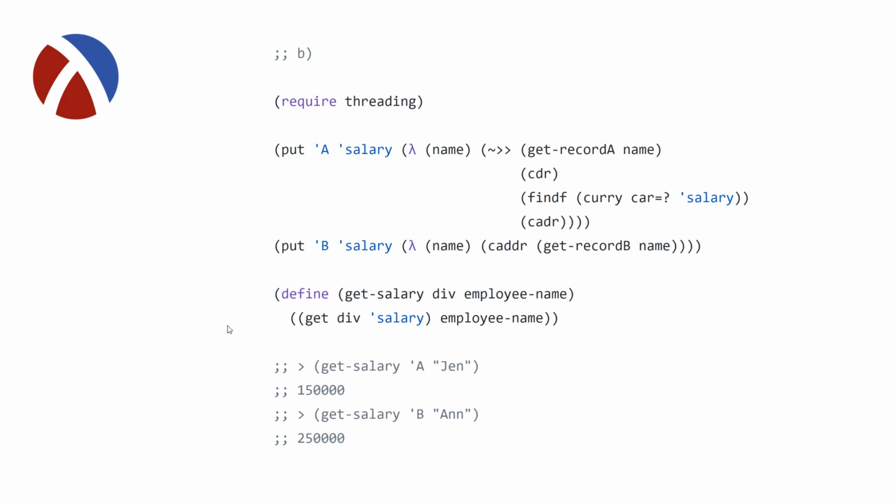Once we do this, we define a very similar procedure to get record that is just get salary, that takes a division and employee name, and then gets the procedure from our hash table using the div and salary tags, and then applies that to our employee name. So if we do get salary on division A for Jen, we get 150,000, and if we do a get salary division B for Anne, we then get 250,000. Hopefully this makes a little bit more sense than just abstractly showing you this two-line definition of get salary